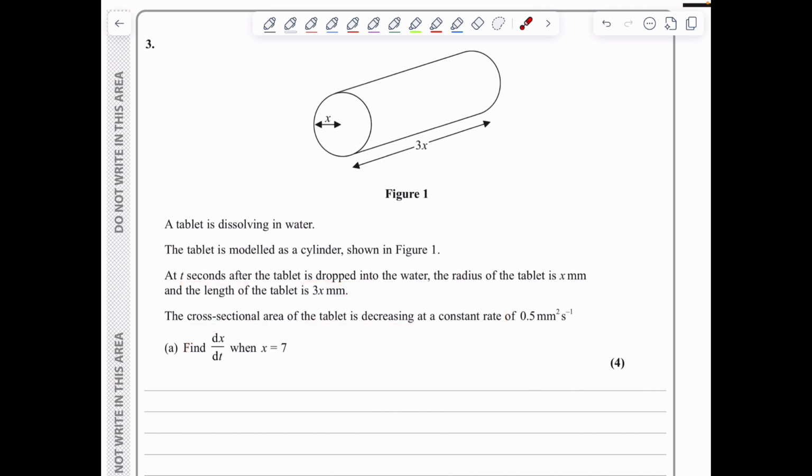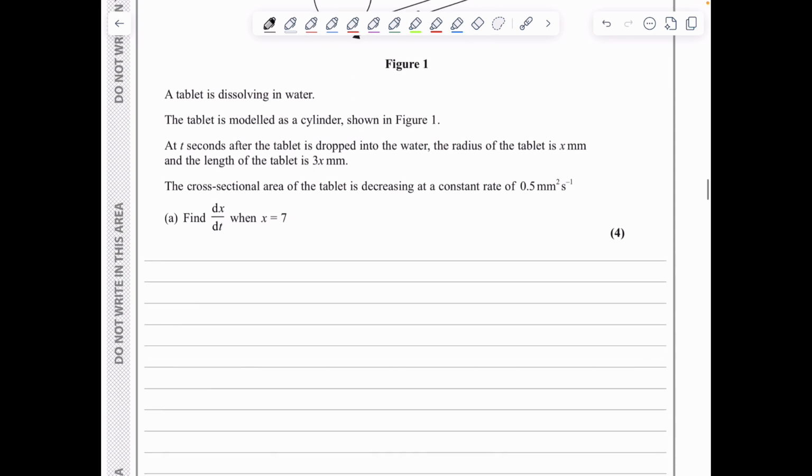Well, we can see that the cross-sectional area is simply the area of this circle with a radius of x. So I will start by saying that A is equal to pi x squared. This means that dA/dx is simply 2 pi x. We have additionally been told that dA/dt, the rate of change of the cross-sectional area with respect to time, is negative 0.5. The negative is coming out of the fact that the area is decreasing, and therefore I can use the chain rule to say that dx/dt is equal to dx/dA times